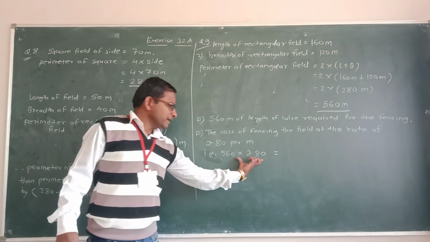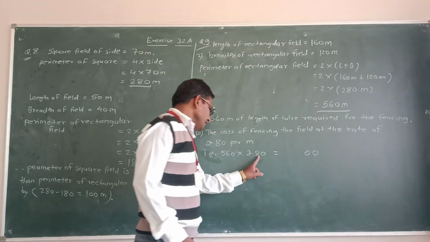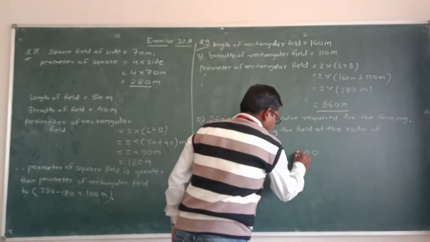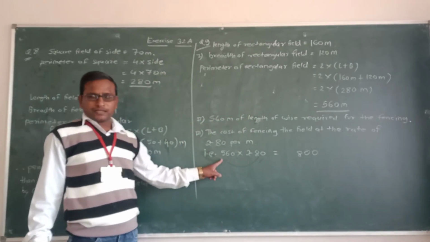Here in the unit place 20 is present, so first you write this 20, then 8 multiplied by 56. 8 6s are 48, write 8 carry 4. 8 5s are 40, 40 plus